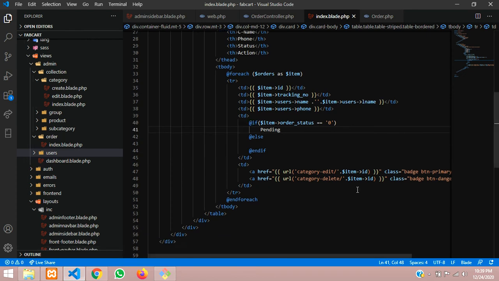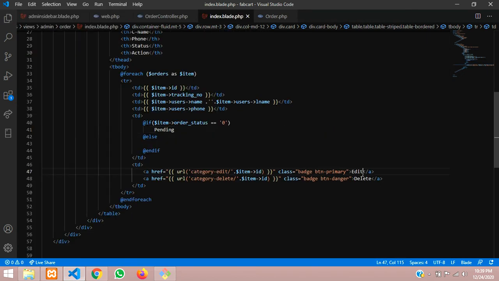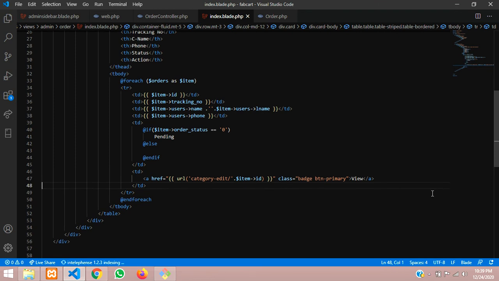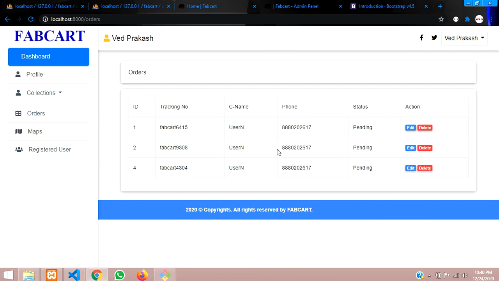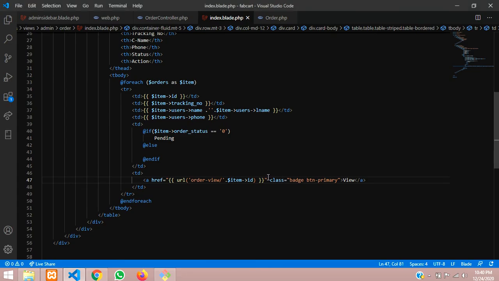And about viewing the details, all that too. Okay, so guys, over here instead of this edit, we will say view, and here there is nothing, only view detail will be there, and you have to call this order view. So once you view this, all your item data will be fetched. Okay, so yes guys, see you in the next video.